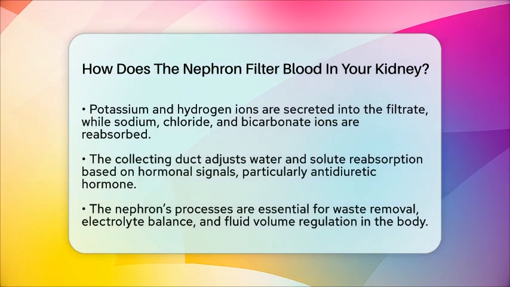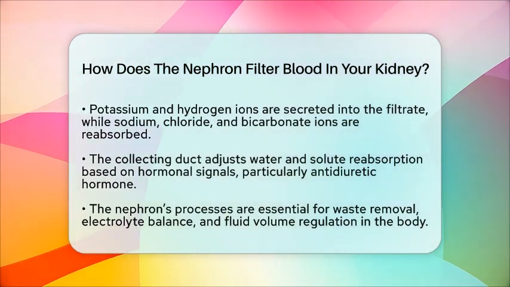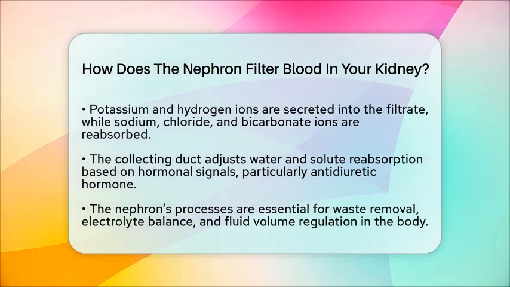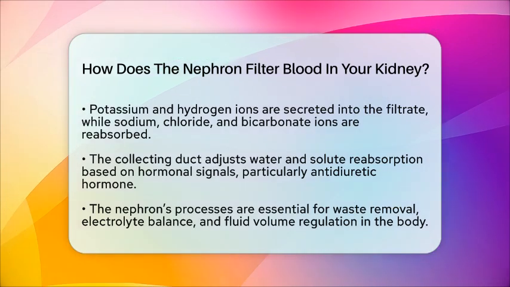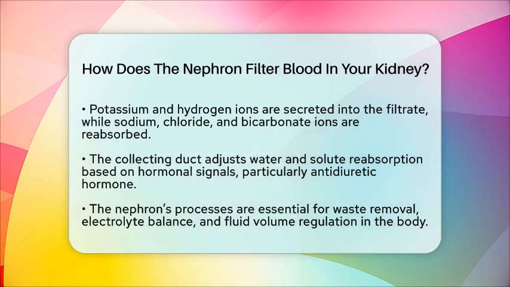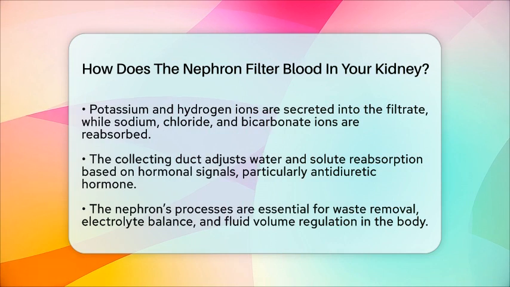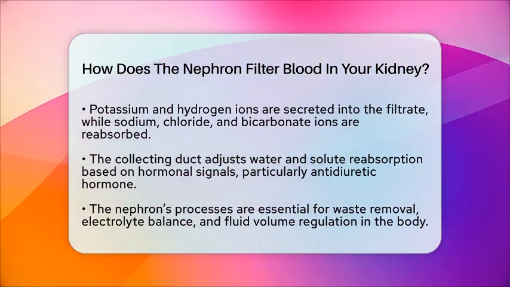Finally, the filtrate reaches the collecting duct. This area adjusts how much water and solutes are reabsorbed based on hormonal signals. The presence of antidiuretic hormone influences how much water is reabsorbed, allowing the kidneys to either conserve water or excrete excess fluid. In summary, the nephron filters blood through a combination of pressure-driven filtration in the glomerulus and selective reabsorption